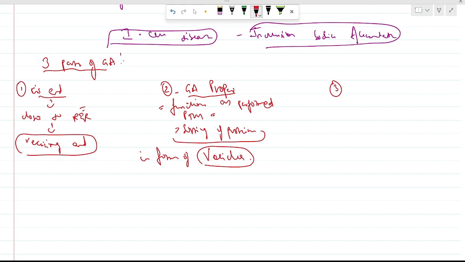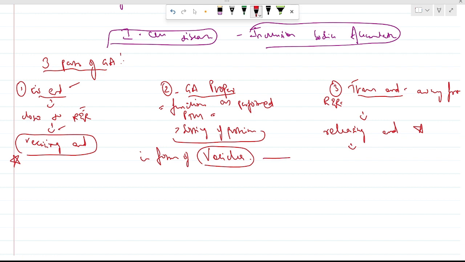The third part is the trans end, which is away from the rough endoplasmic reticulum. Since the cis end is close to the rough endoplasmic reticulum, this trans end is away from it. This is the releasing end. The cis end is the receiving end, the trans end is the releasing end, in which after these two processes, these vesicles